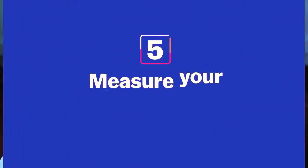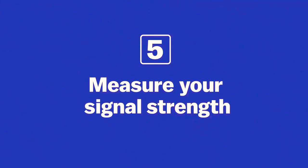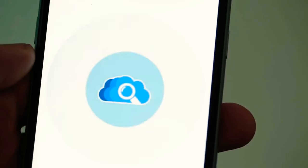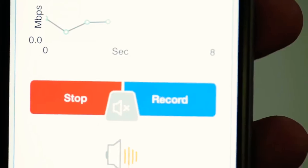If you find that your network isn't working well, you can just go around and measure your signal strength. So there's a lot of different apps that you can download on your phone. You could create a rough map and figure